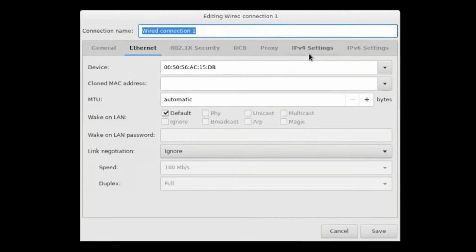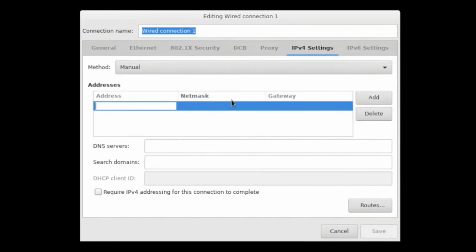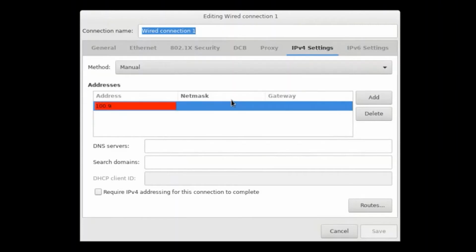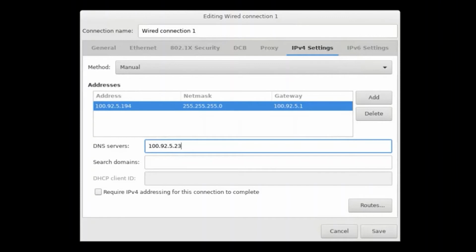Once you're there, click on IPv4 settings, change the method from automatic to manual, and then provide the IP address that was assigned to the previous appliance. Ensure that the netmask and the gateway remain the same, as well as the DNS servers. For the search domain, type in the domain information for the local environment.